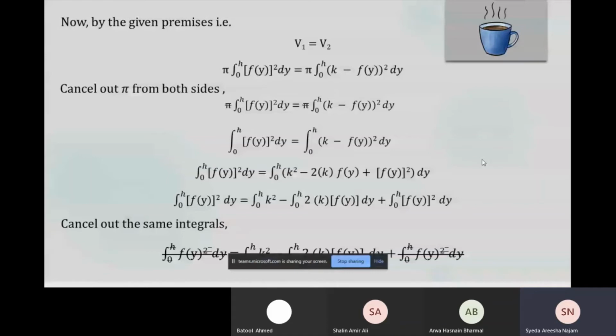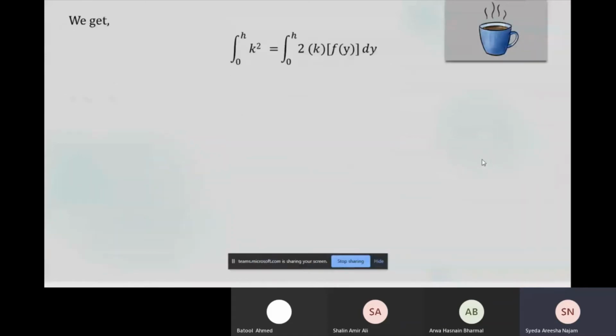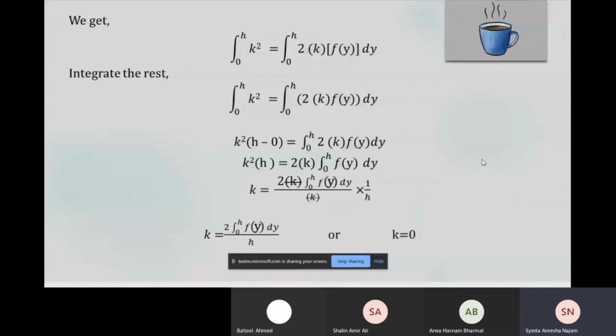From here, we integrated the rest. We figured the upper limits and lower limits, and in the end, we got two values of k, that is, k is equal to 0 and k is equal to the value shown on your screen. So k equal to 0 signifies the y-axis, and in the picture shown before, we have assumed that x is equal to k is a line which is parallel to the y-axis. So that is why we are going to ignore k equal to 0,